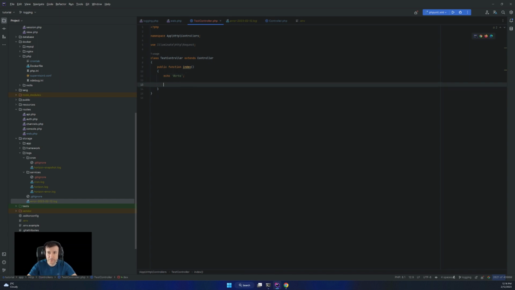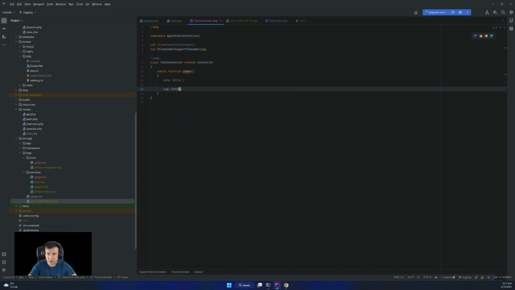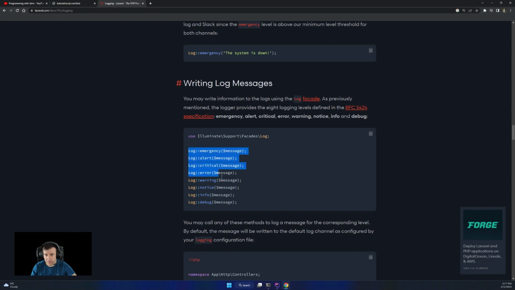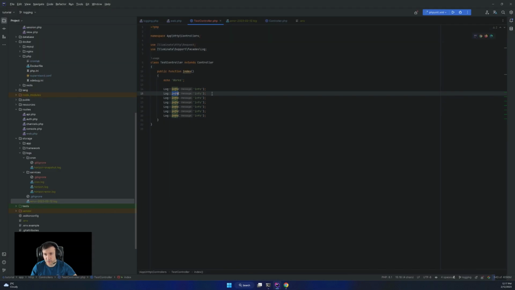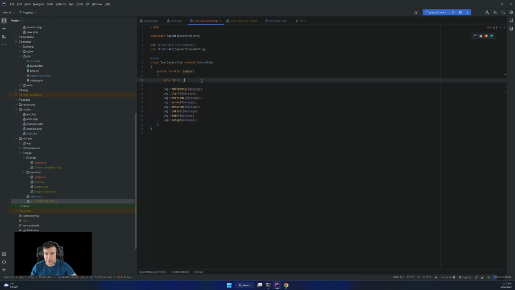So let's see what I've told you. I'm going to use Log and then say info. Let's actually copy all of them from here and see how they're put. Let me put them separately.